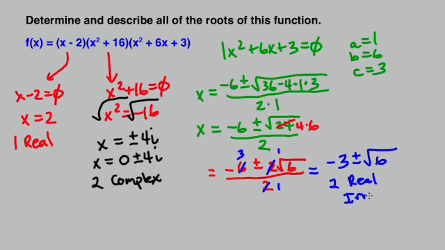So going back to the first one, we had real roots, but this is what we call a rational root because rational just means it can be written as a fraction. So 2 can be written as a fraction, 2 over 1. So we have one real rational root, we have 2 complex roots, and then we also have 2 real irrational